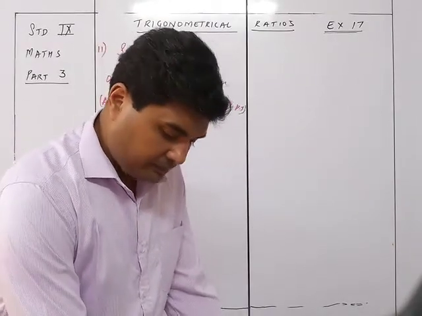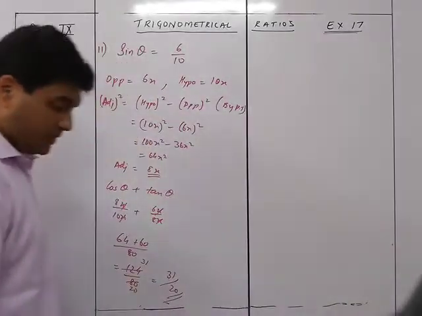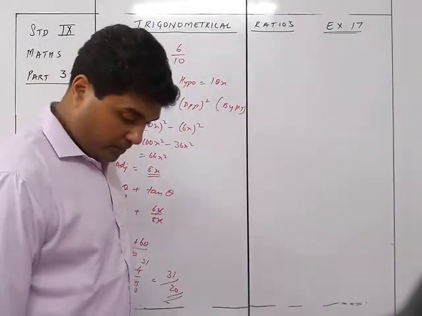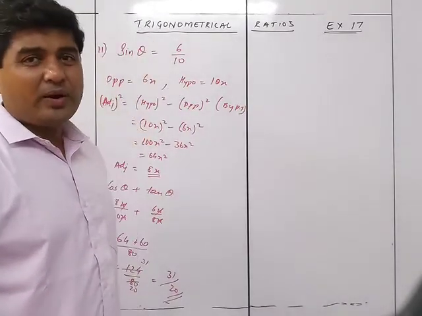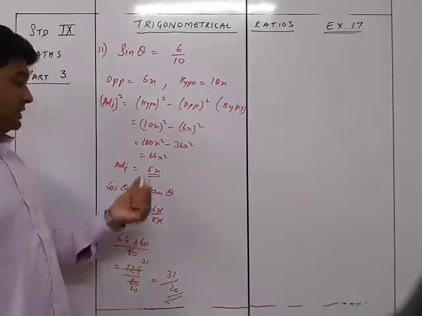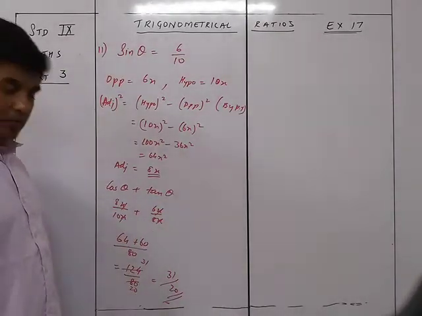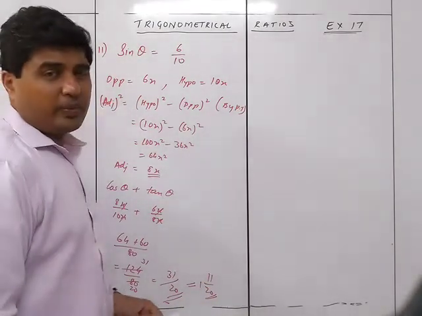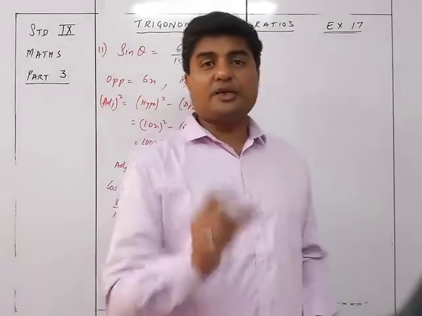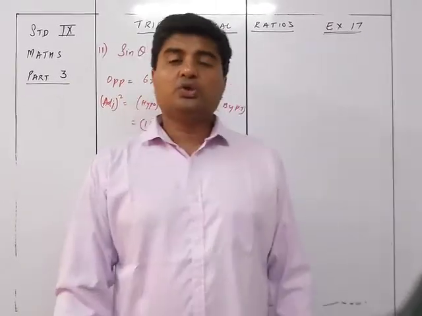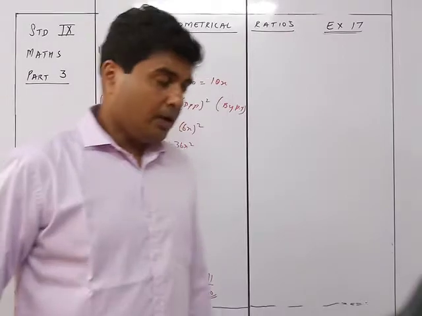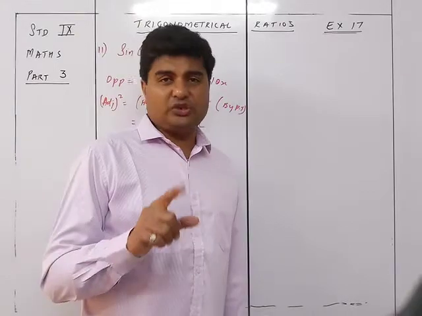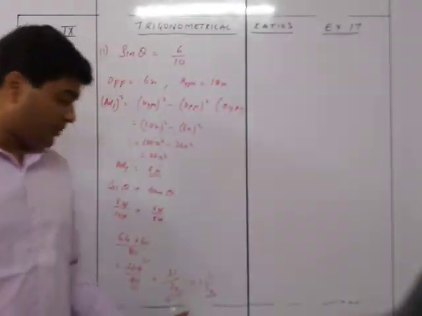Quite an easy sum. Should it be 1 and 11 upon 20 or 31 upon 20? We keep it as 31 upon 20 only. You can also make it a mixed fraction as 1 and 11 upon 20, because this is not a ratio; this is the answer to this thing. So you can remember it this way. Whenever you find the answer for some addition, subtraction or the like, we will convert the fraction to a mixed fraction. But if the answer is just a ratio, like sin theta or cos theta, then it's a ratio, and it can always be like 31/20 or anything.